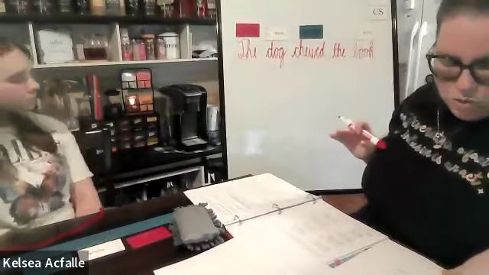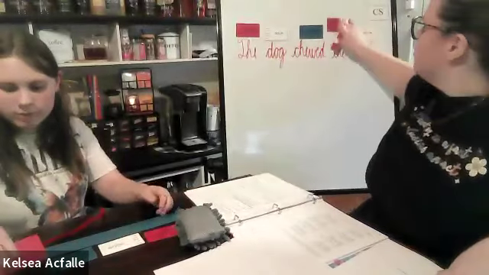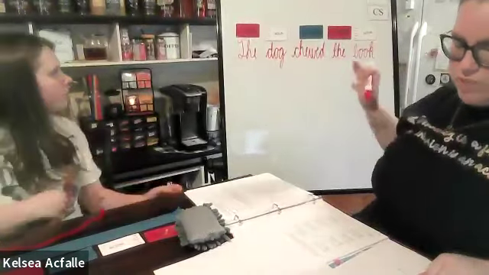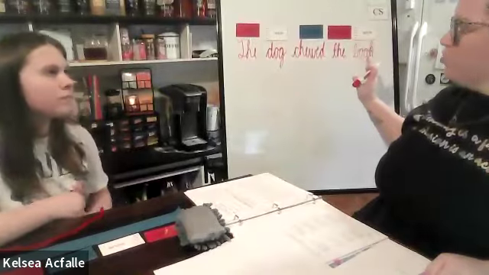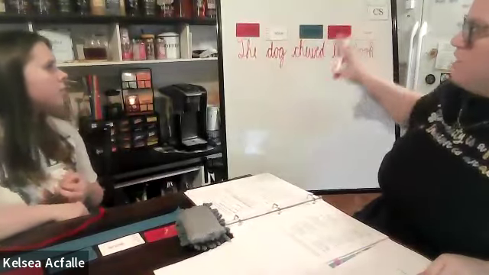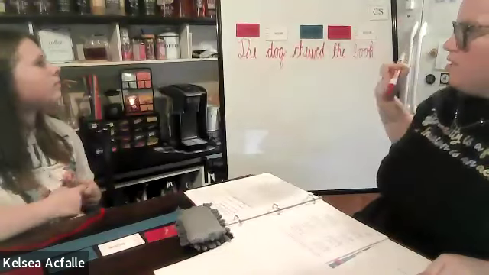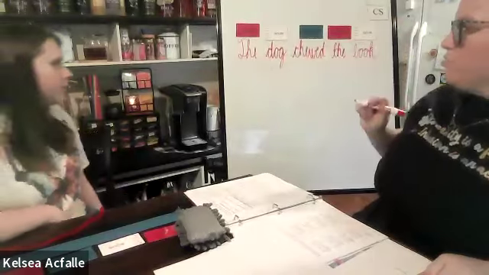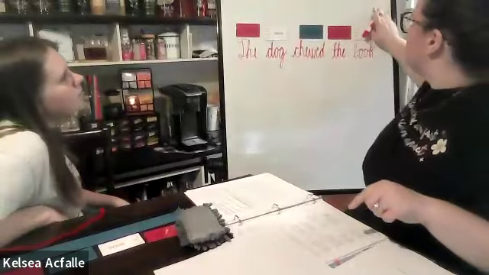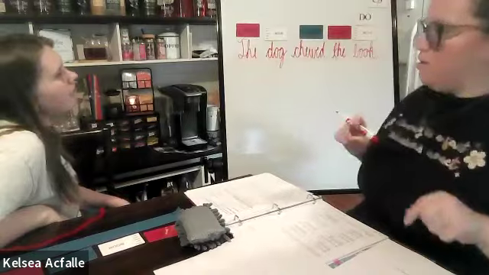Okay. And what type of book? The book, which is an article. Good job. Okay. Do we have a noun to receive the action of the verb? So here's our verb. Do we have a noun that's going to receive the action? Yes, because our article signifies something's coming, right? So what is the noun that's receiving the action? Book. So book, let me move these up. Book is our direct object.